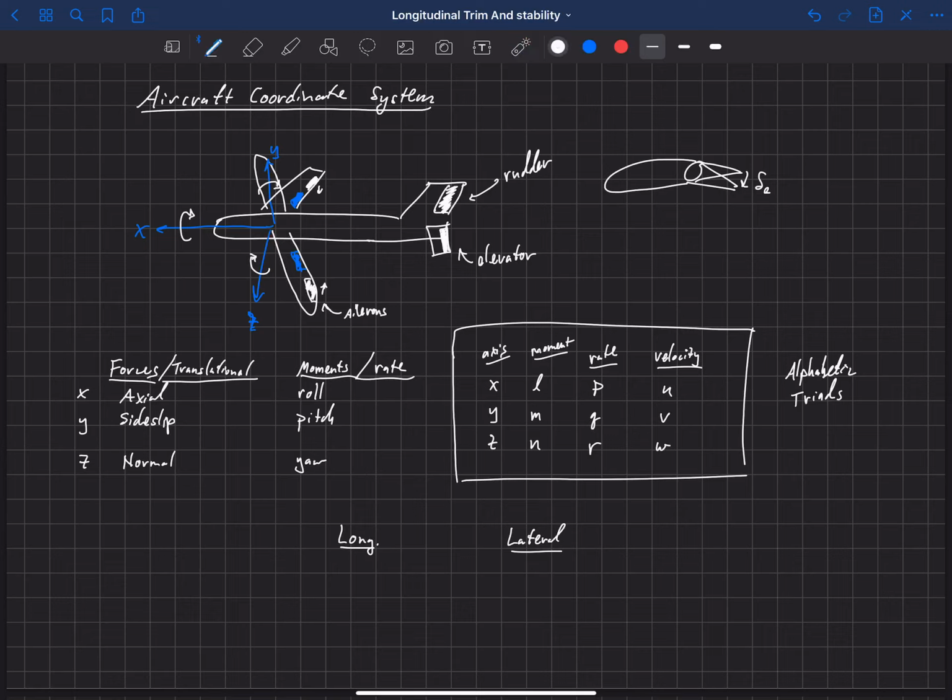are the force in the x direction. This is the longitudinal force and moments: force in the x direction, the force in the z direction, and then the moment about the y-axis. That's our pitch axis. So we're talking about forces in this direction, forces in this direction, and then a moment about the y-axis, so this aircraft could pitch up and down, nose up and nose down. So those are our longitudinal forces and moments.